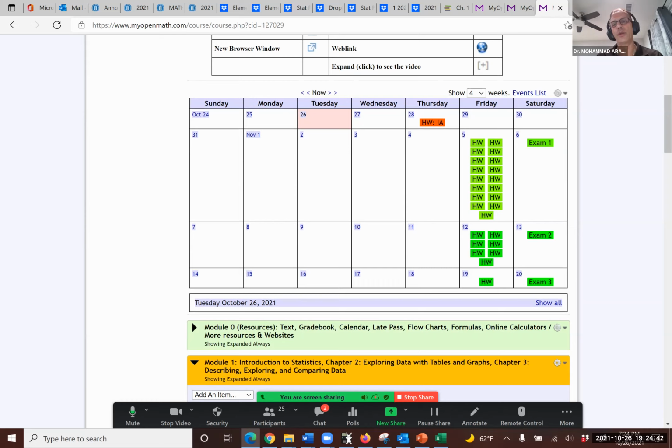Here's what I want everybody to pay attention to. Why have I set it up this way? Because in the past, if I put everything to be due every couple of days, some students wouldn't have a chance to do it because some students perhaps work and they can only do the work on the weekend. Whatever that works, I figured instead of that, I make all of them due the day before each exam. Please